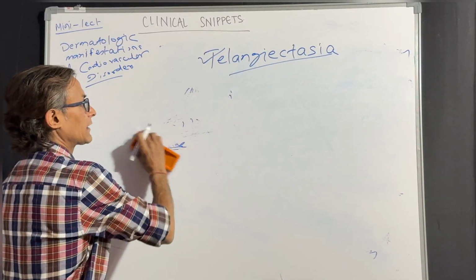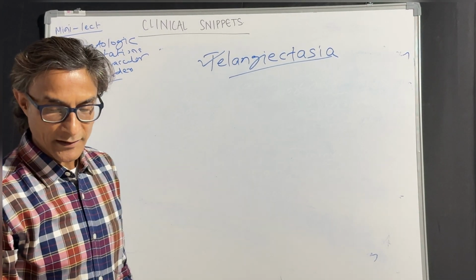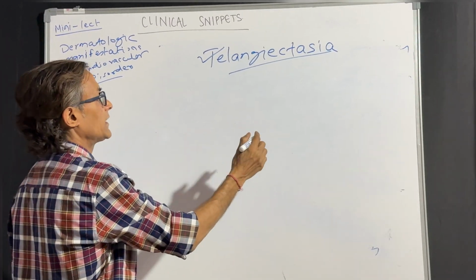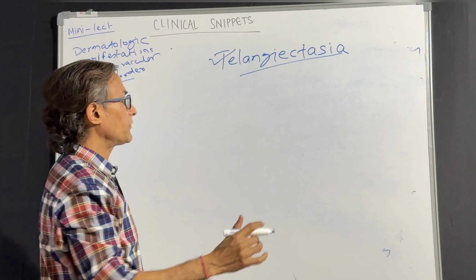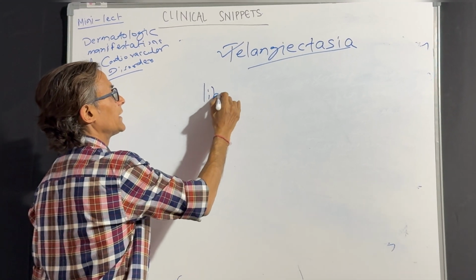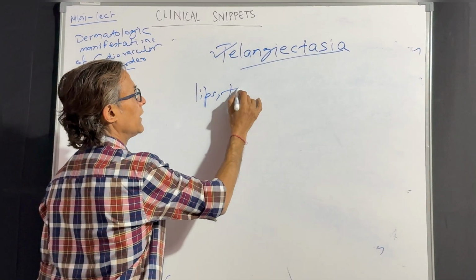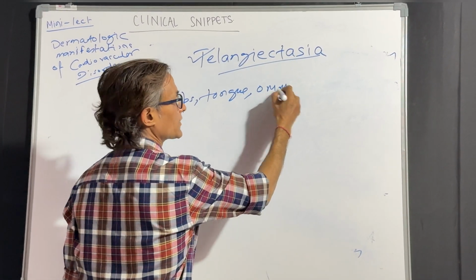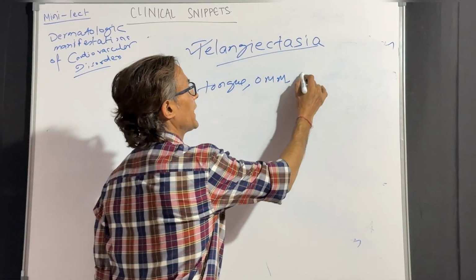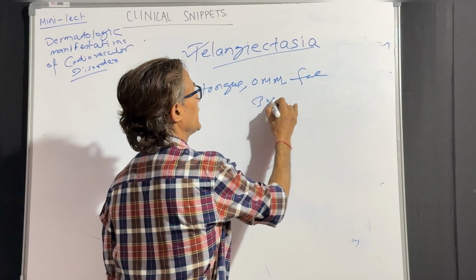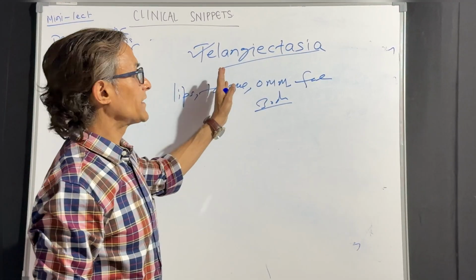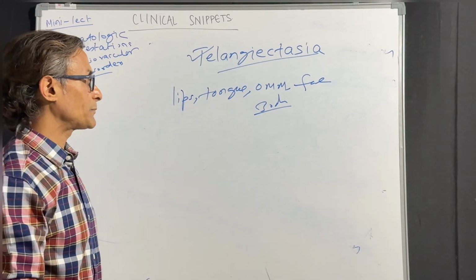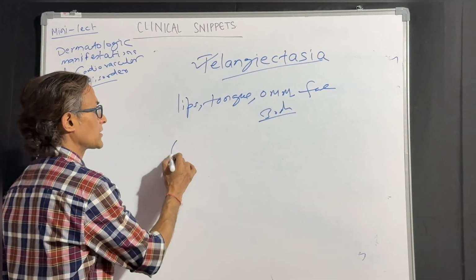Sometimes if these telangiectatic spots are overwhelmingly present on the face, the lips, tongue, oral mucous membranes, face, body, one should suspect a syndrome which is known as